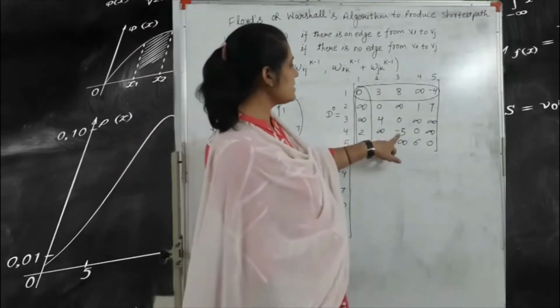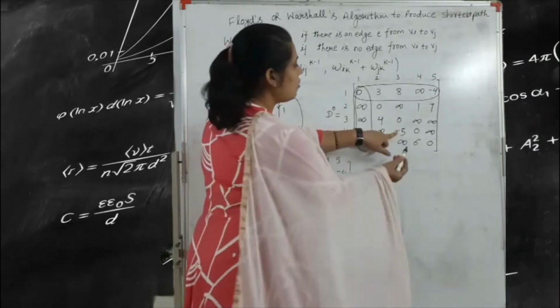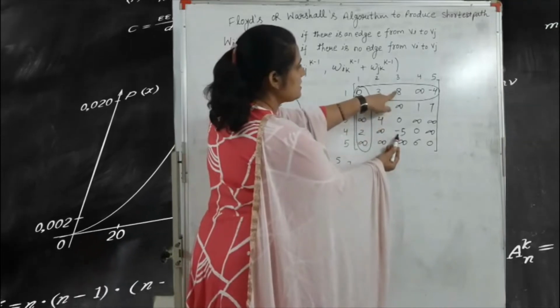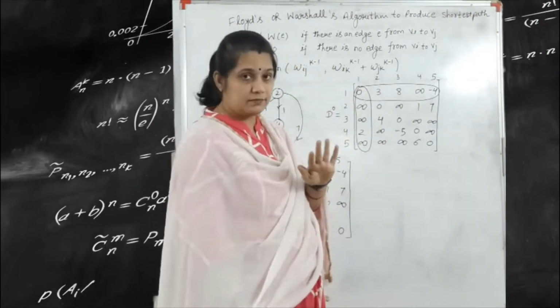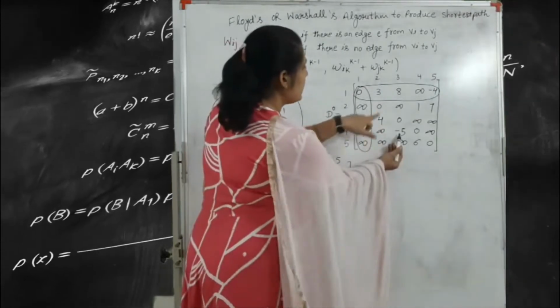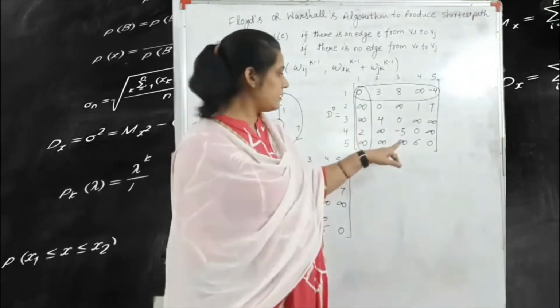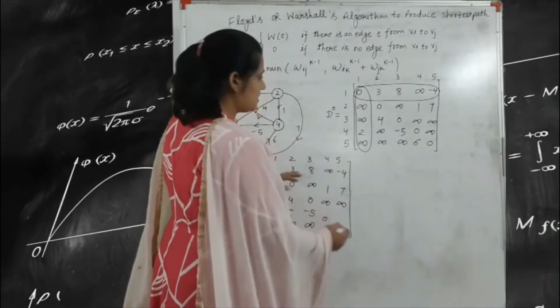Okay. Next one is -5. Got it? So according to this -5, your row is 2 and column is 8. Always check the highlighted row and column. So 2 and 8. 2 plus 8 is equal to 10 and 10 is greater than -5. So you write -5 as it is.